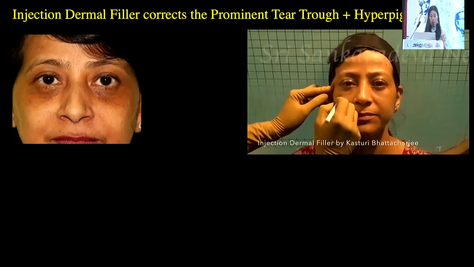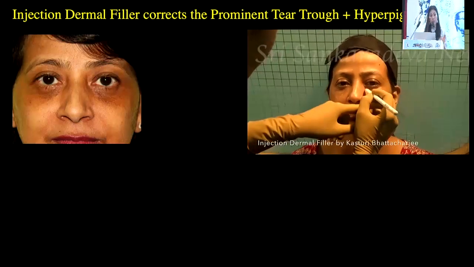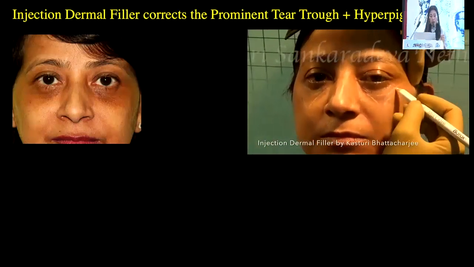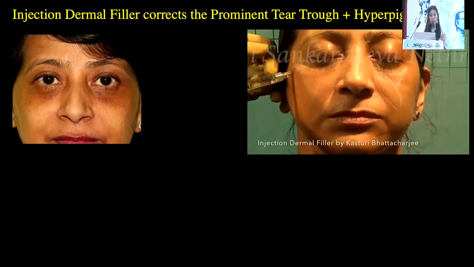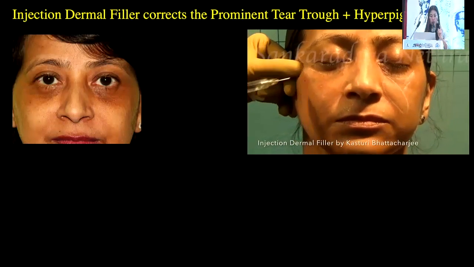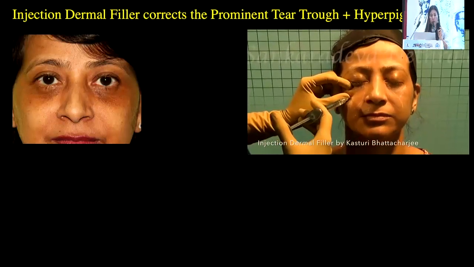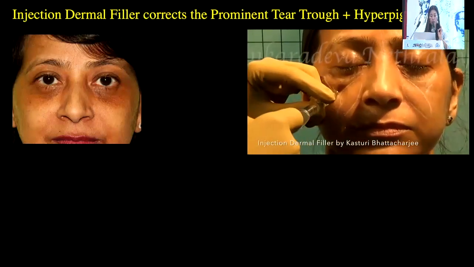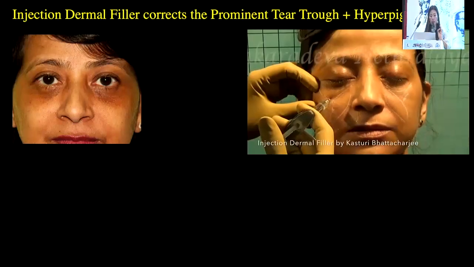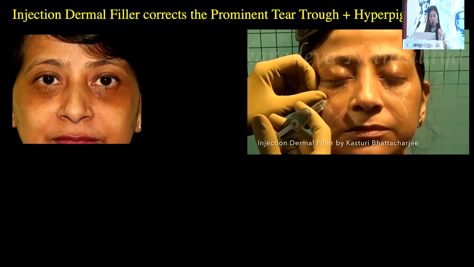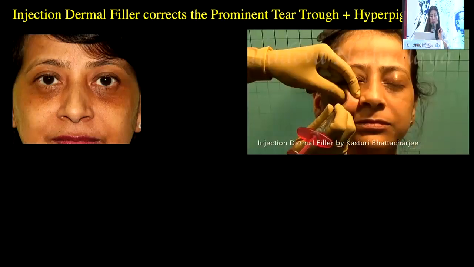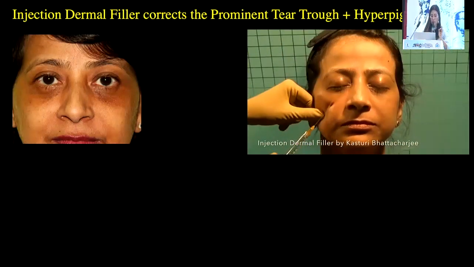Like this is a lady, you can see so much hyperpigmentation with a prominent tear trough, and this we could overcome by giving an injectable dermal filler. So this is a point which we call the cheek point, or the main point for the injection, and then once you touch the cheek point, you need to inject directly into the tear trough. This injection in the tear trough can be done with a needle or with a cannula, and I'll go into details in some of my later